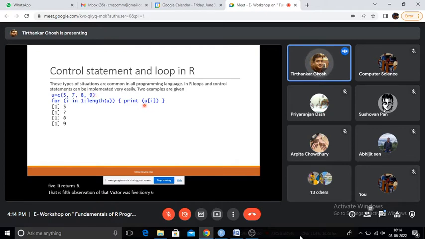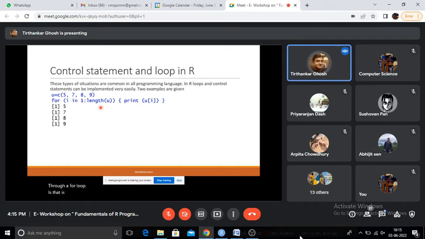Similarly here also we are asking to print the ith observation of the vector. So i should start from 1, 2, and go up to the length of the vector, because if there is no more element, then what is the point in printing the value? It cannot print then. So that is how we can print the elements of a vector individually through a for loop.